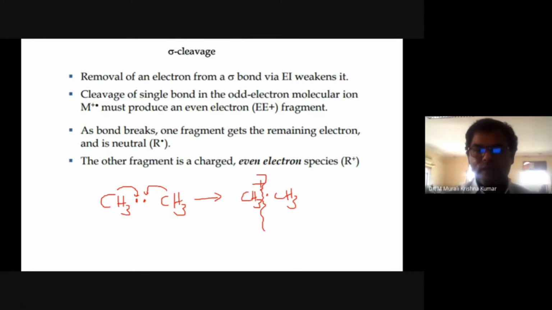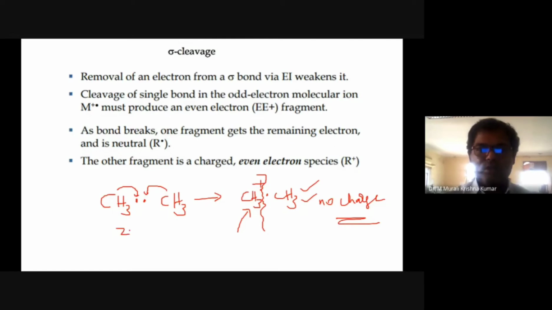Okay, and if it is separated like this, it will contain the electron, that is actually carbon's electron, and is separated. For this, no charge will be there, because this is a free radical. For this, the charge remains with it because it lost its electron. Further, here you will see always even numbered electrons.